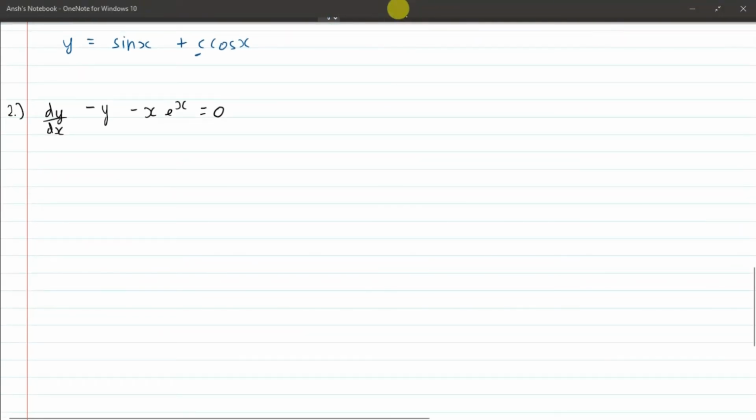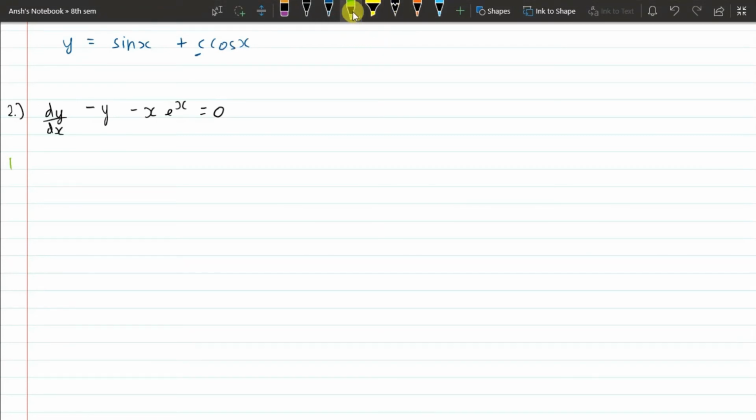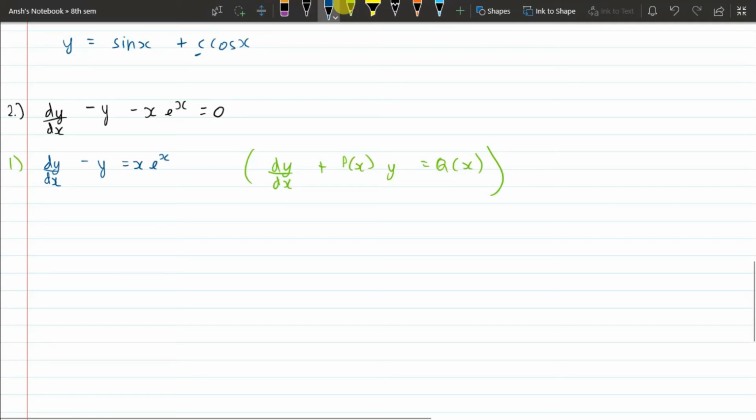So as I mentioned, the first step that you take is rewrite in general form. So let's not write the steps again. Let's just rewrite the equation directly in its general form. So we have dy over dx minus y is equal to x e to the power x. Just to refresh your memory, the general form is as follows, dy over dx plus p of x times y is equal to q of x. So we've written the equation in its general form. There's no coefficient with the first order derivative. So we have our general form.